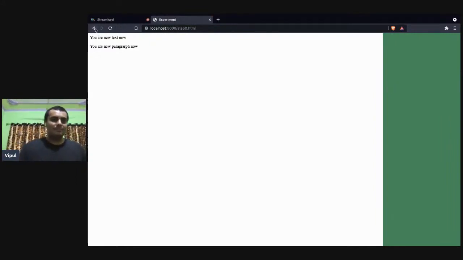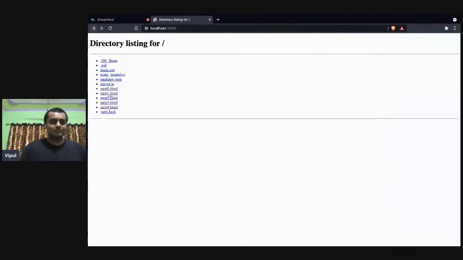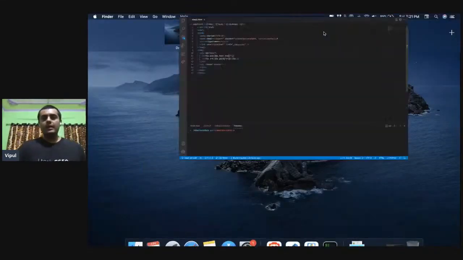We've already got the right navigation. What else would one want? Maybe add a few fields also. Text, color, nice. We're making good progress here. I'm not sure if you guys appreciate this enough, but we are making some progress here. Let's go to step 2 and actually make some progress. So what I've done at this point of time, and we'll see it in code, is the browser first, and then we'll dive into the code and understand this. So if I click here, my fields on the right get populated automatically, and I can toggle between these as many times as I want, and appropriate things get filled up. So let's look at the code now and try to understand what's going on.